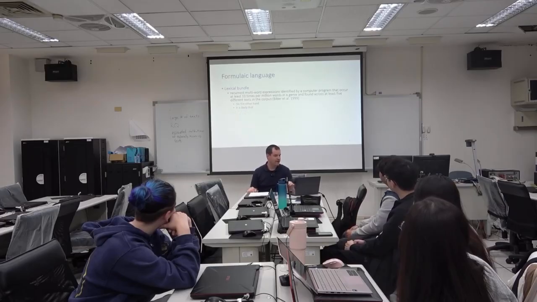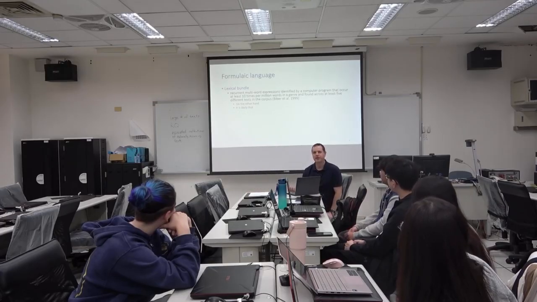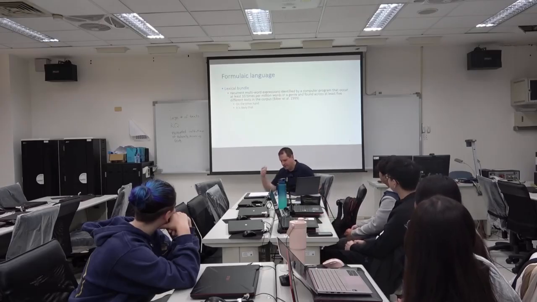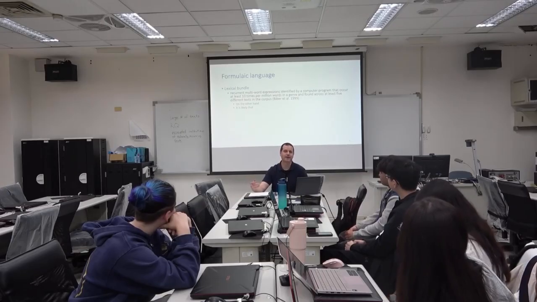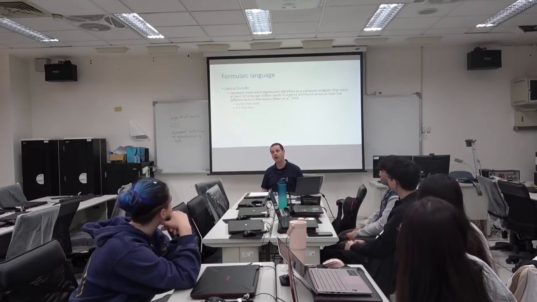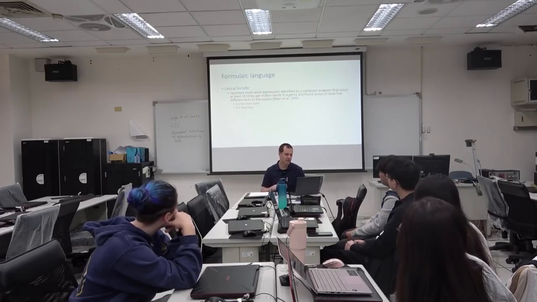Some examples of lexical bundles are, on the other hand, right, you can imagine that in an academic article, on the other hand, comma, or it is likely that, and that's a high frequency sequence of 4 words, or a lexical bundle. A lexical bundle can be a 3-word, a 4-word, or a 5-word lexical bundle. After 5, it kind of starts to fall apart and you don't get many high frequency ones. So 4 is a typical length that people do research on.